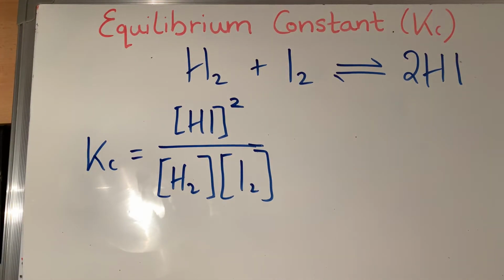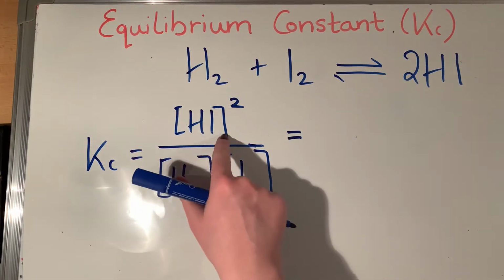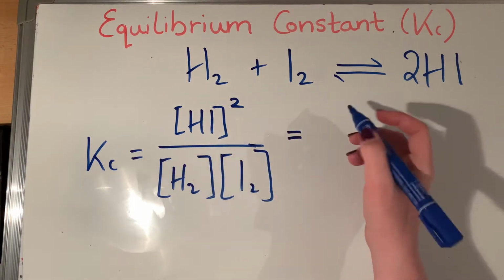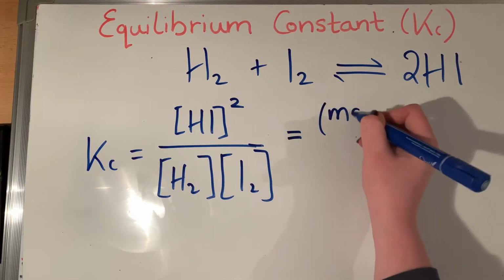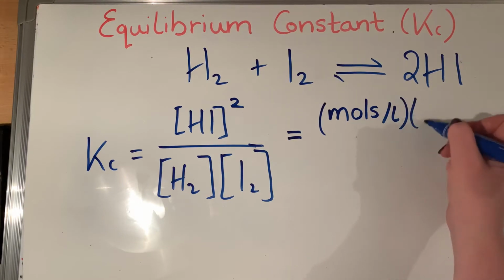Now, I mentioned the square brackets before, and they're really important. You will lose marks in an exam if you leave them out. The reason they're so important is that they represent moles per litre. So these brackets are actually telling us what our units are. So in this case, because the square brackets on top are squared, it's the same as having moles per litre times moles